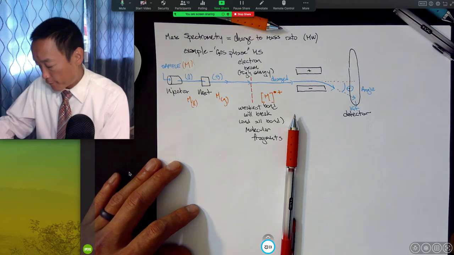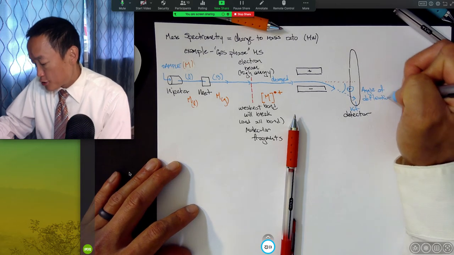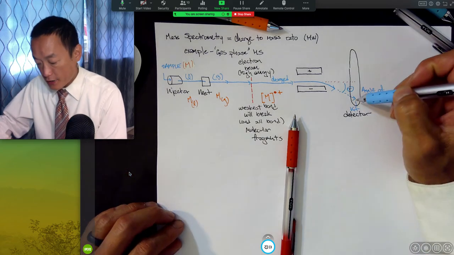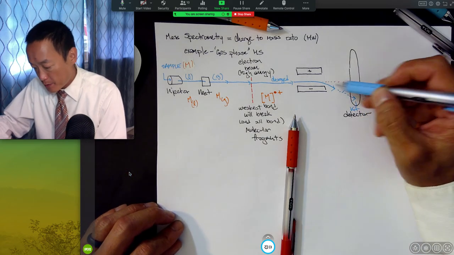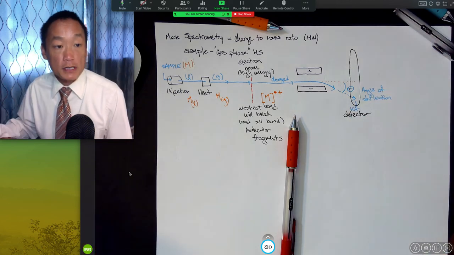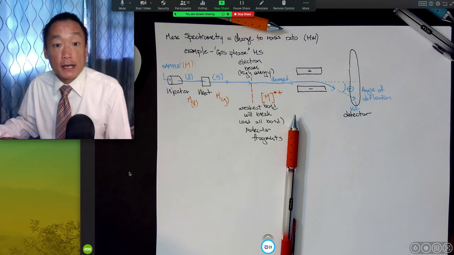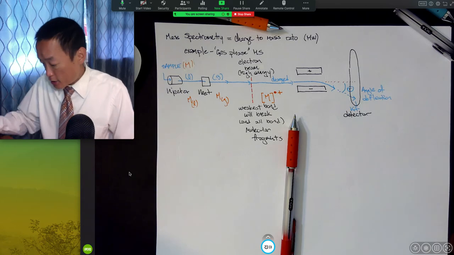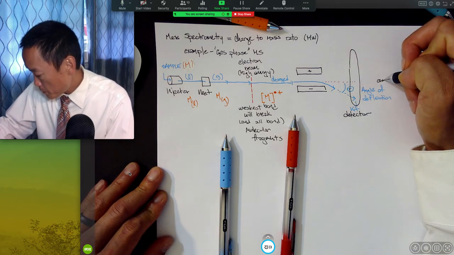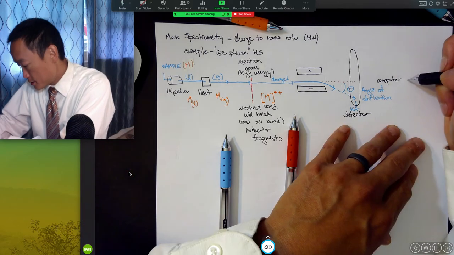The angle of deflection is directly proportional to its charge to mass. And so where it hits on this, maybe it's deflected to here, maybe it's deflected a tiny little bit here. We know the measurement based on how much that should have been deflected and its mass. And so this then enters a computer,